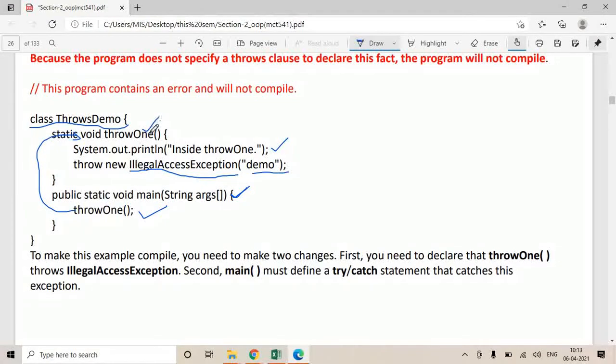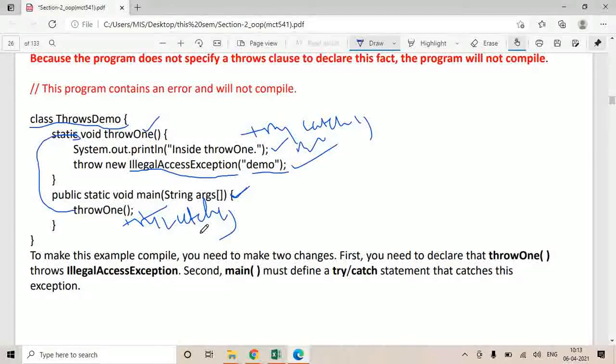Now the problem here is this function throw1 is throwing an exception, illegal access exception, but it is not being handled here. You have not written a try catch in the throw1 function, neither have you written a try catch here in the main function. So this is the problem.